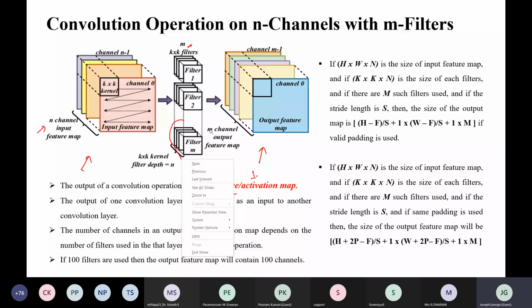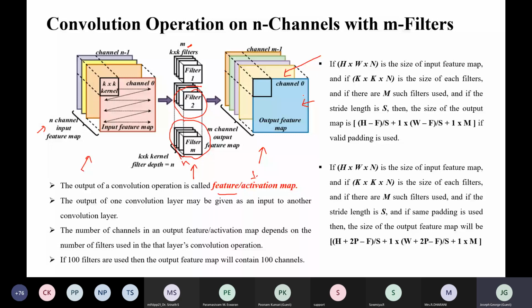The first filter will produce the first channel in the activation map or the output feature map. Similarly, the second filter will produce the second channel of the output feature map. If you increase the number of filters, the output feature map will increase in channels.